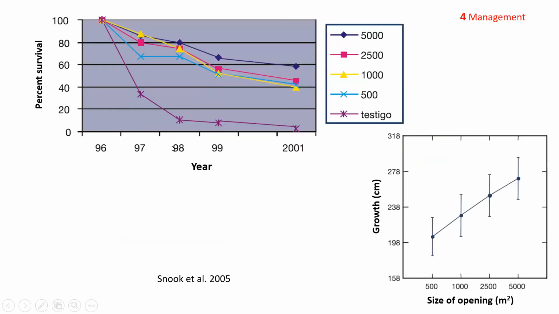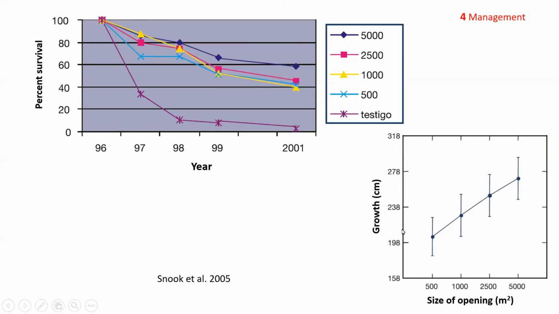So here's some of the results we got. If you look at percent survival over these years, these lines follow the percent survival here, time here, the fate of seedlings starting at 100% through the years. And not surprisingly, the half hectare clearing had the highest survival. Testigo, that means control in Spanish. Testigo, the control, was just an uncleared plot in the forest where we planted seedlings. And as I say, they do not survive in intact forest habitat.